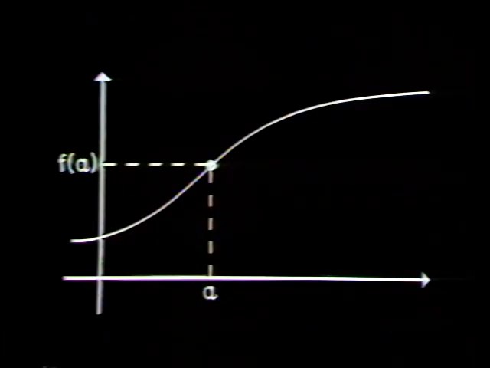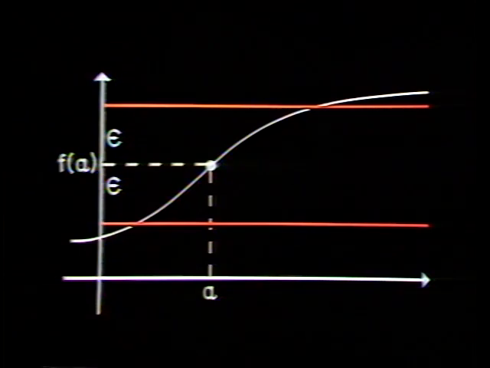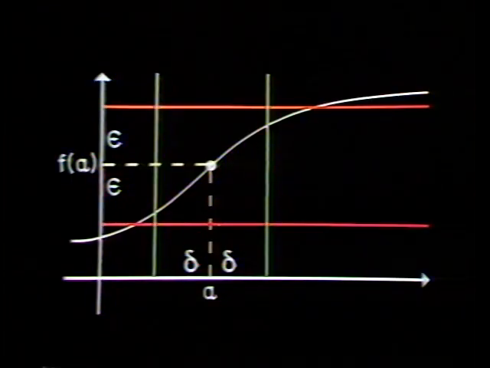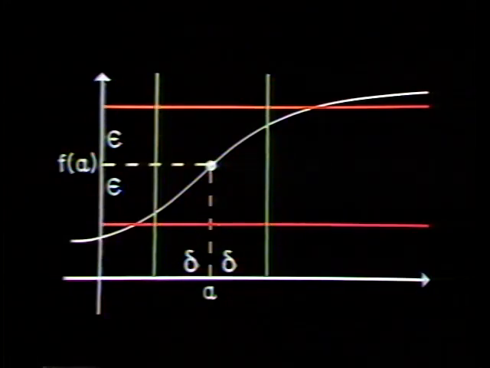By the delta epsilon definition, we choose an epsilon and form a neighborhood, epsilon units above and below f at a. If, for any such epsilon, we can find a delta such that any x within delta units of a maps into a value within epsilon units of f at a, and note this includes a itself, then the function